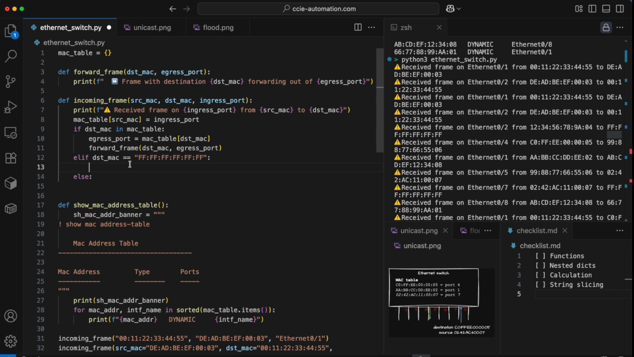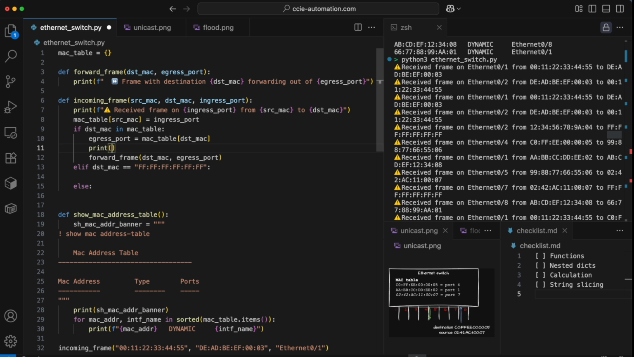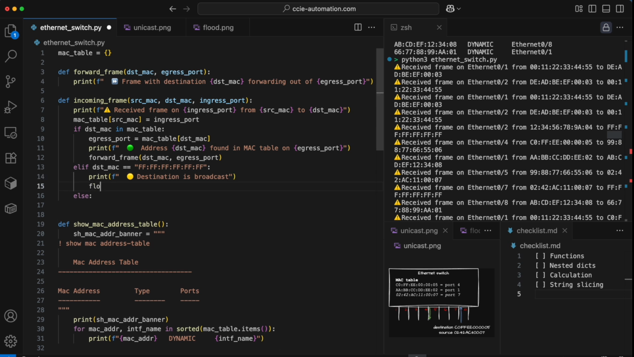So to make it clear what's going on here, I'll just add some debugging messages to my code. All right, so this is the case of a well-known unicast address. In case of broadcast, I'll just print destination is broadcast. And then I would like to flood the frame. I'll define that function in a moment,